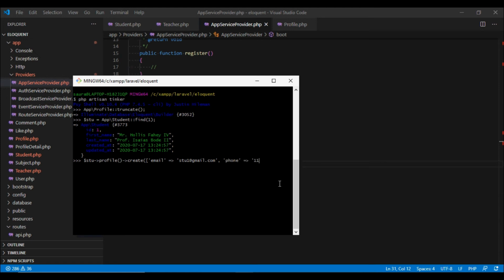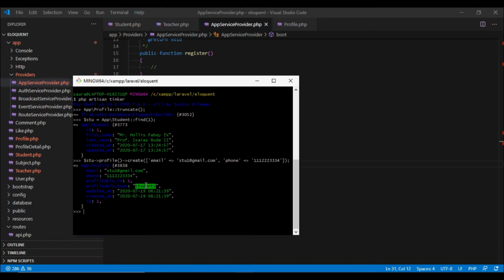And now once we create a profile, we see that the profilable type now contains the students instead of the app student. This is much better and you are going to use this often.